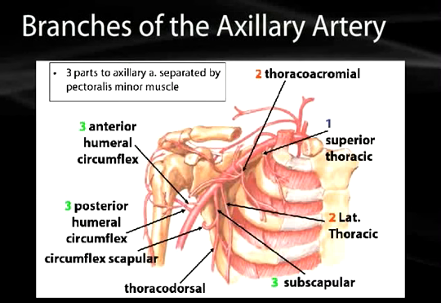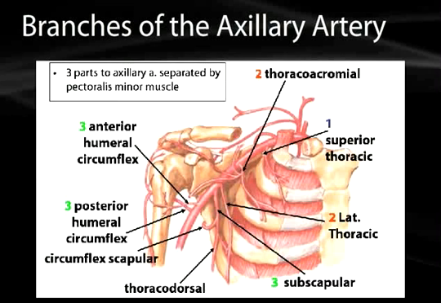Let's take a quick look at these branches of the axillary artery and follow them down. We have part 1, part 2, and part 3 of the axillary artery. Part 1 is the superior thoracic, a descending branch. Part 2 is the thoracoacromial, which actually is a branch that ascends or goes up. And then we have the